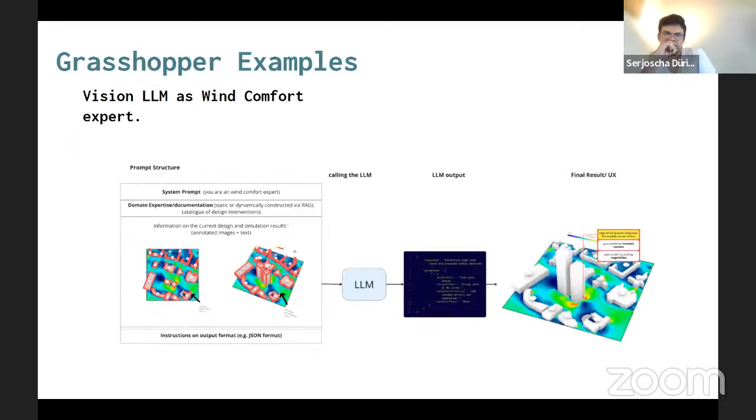Now, the example I already mentioned, or what I find most interesting, is to use large language models as assistants to help you interpret analysis results and narrow the knowledge-action gap. So in this example, the idea is to say we have a wind comfort simulation for pedestrians here.